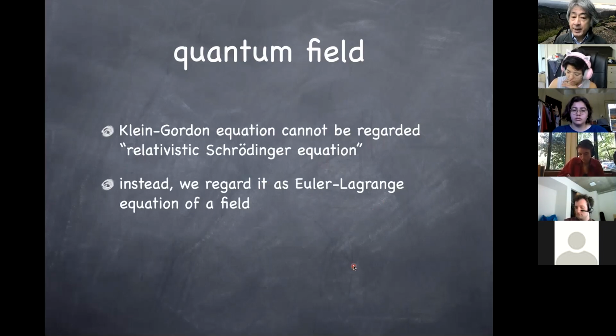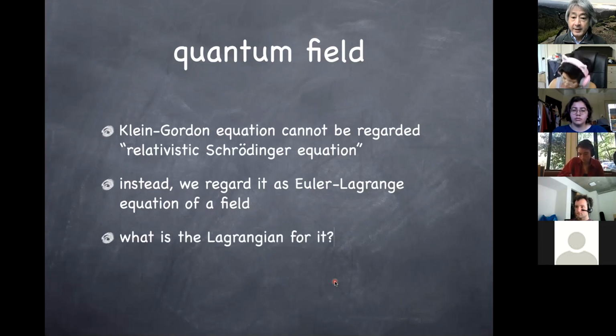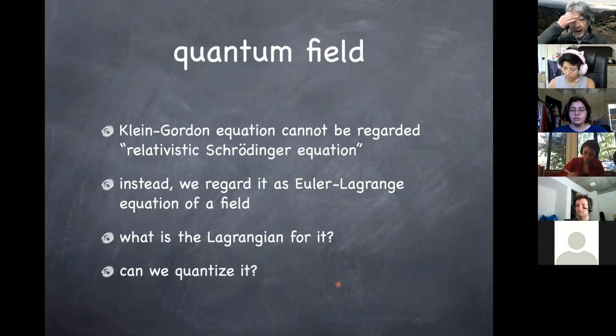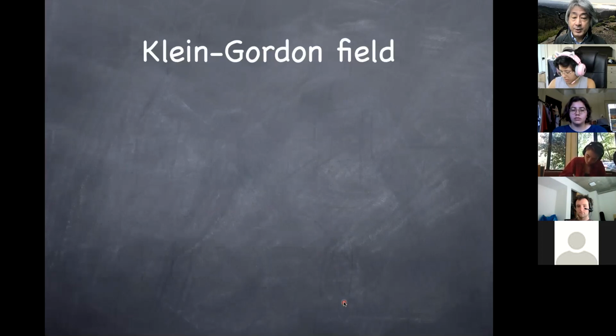So in Schrödinger field theory, the Schrödinger field was not a probability wave. It was a creation-annihilation operator instead. So we try to stick with the same idea. Then what is a Lagrangian that would reduce to the Klein-Gordon equation as its Euler-Lagrange equation? And can we quantize it? So that's the next set of questions we need to ask. And I don't think there are any questions about this slide. So let me